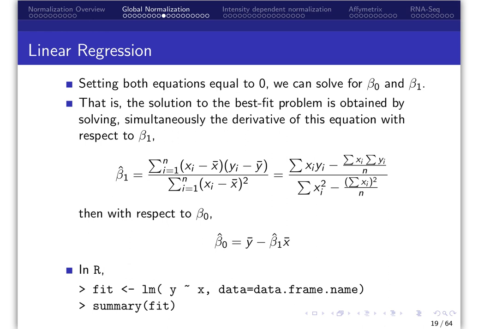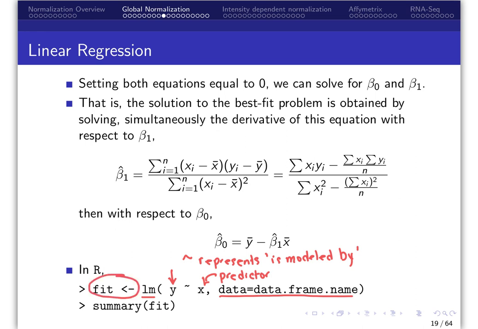Of course, we won't be using these formulas in this course, but rather we will use R to fit a linear regression model for us. The function for fitting a linear model is lm, and the response is modeled by the predictor variable, which, if these are stored in a data frame, the name of the data frame is passed to the data argument. Most often, we want to use the fitted models to perform various other tasks, so we put the fitted linear model into an object using the assignment statement. For example, we could then use the summary function on our fitted model object